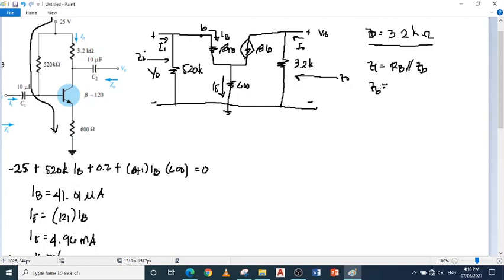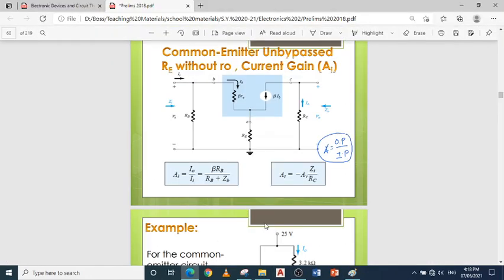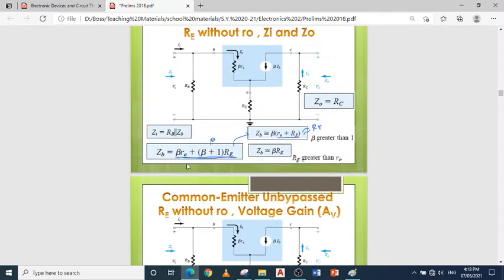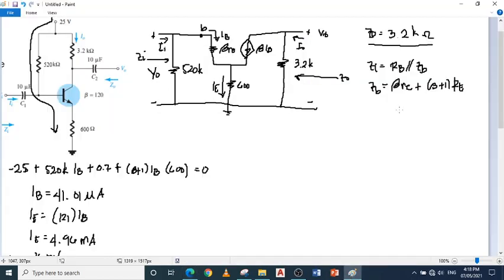But ZB, if we don't use approximations, so meron tayong beta re plus (beta plus 1) RE na malaki. Beta re plus (beta plus 1) RE. Okay? So, solving for ZB,